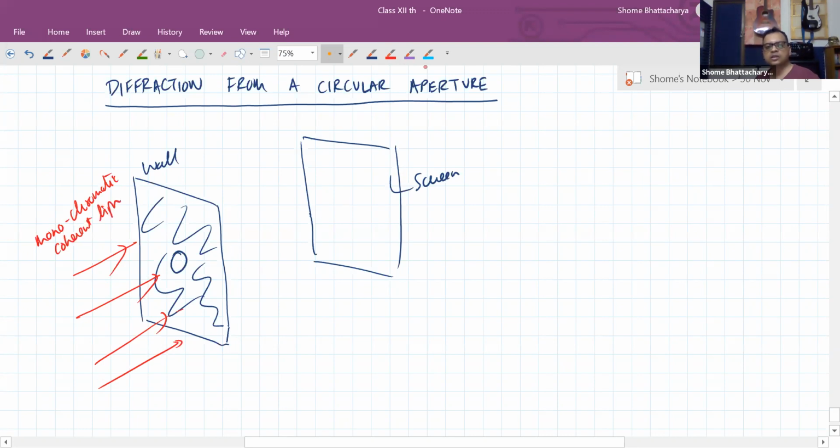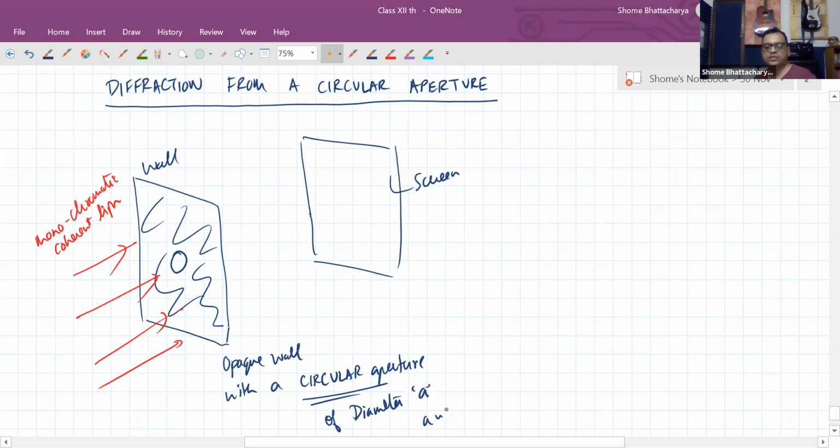So then what you see now, the round hole. So this is an opaque wall with a circular aperture, and this circular aperture has a diameter of E, let's say, where E will be of that order of magnitude, 50 lambda, for the monochromatic light of wavelength lambda, which is incident. Okay. So what we see on the screen as a result of this kind of situation is